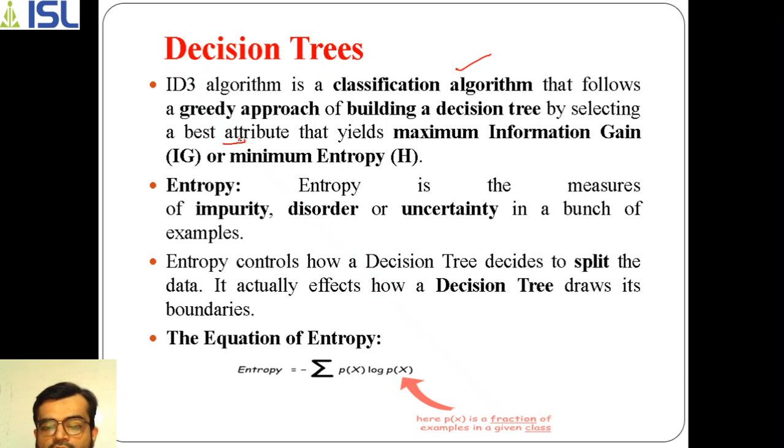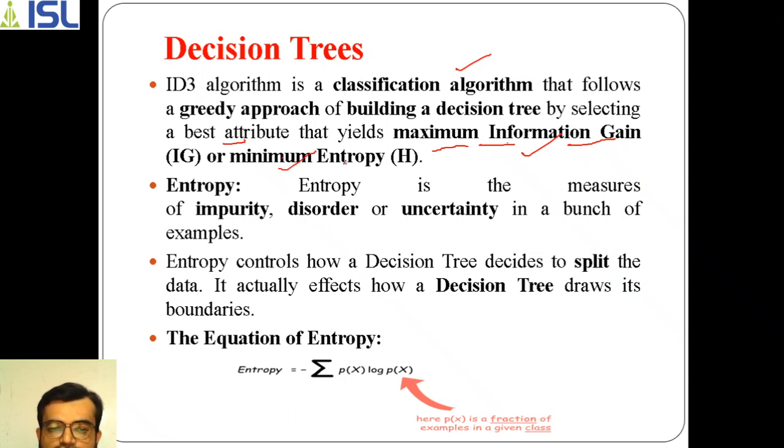Among all those attributes, it selects the best attribute. How does it select the best attribute? If that attribute is very important, it will give you maximum information gain. From all the attributes, we need to calculate the information gain of all the attributes of the data set, and the attribute with the maximum value is the one we need to select among the given attributes. Or else you can go by minimum entropy.